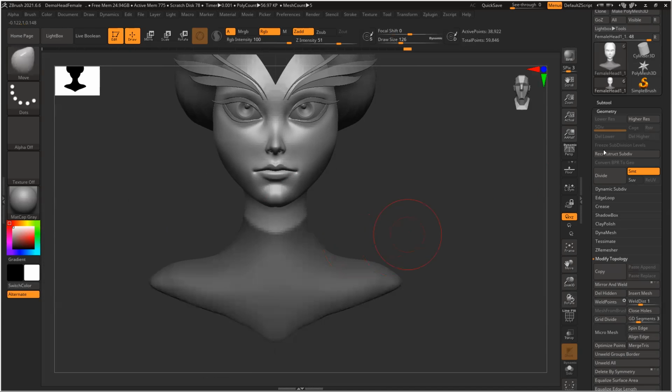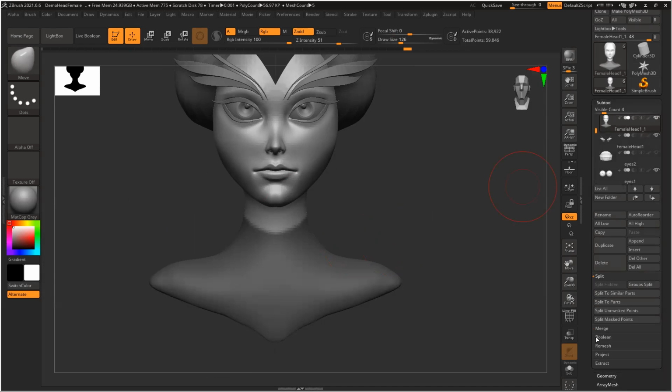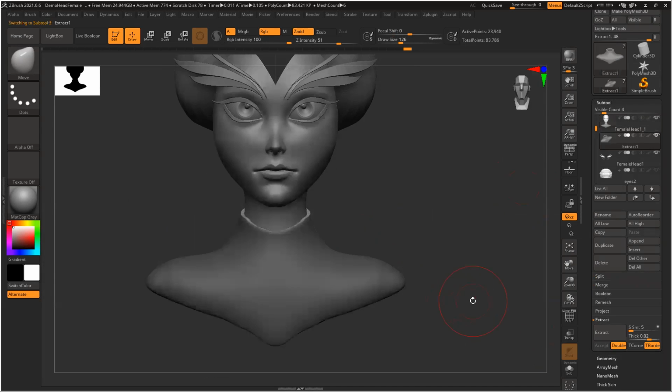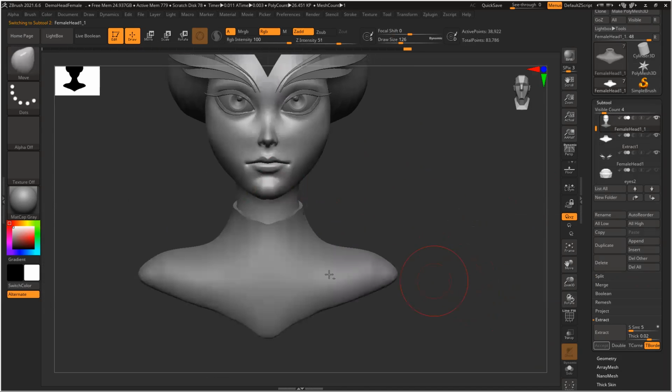Select this. Symmetry. Extract. Extract. So deselect, body deselect.